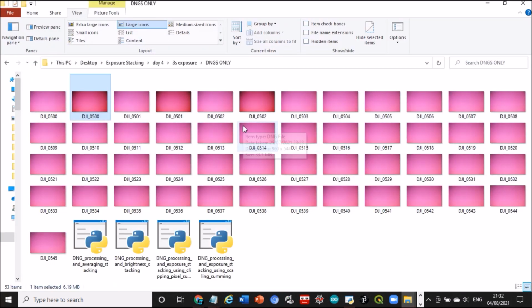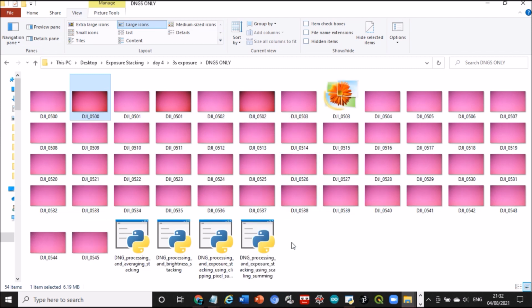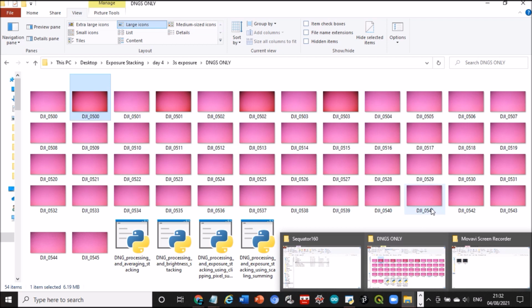It has to process all of these images, 46 images, I believe, and we will then be able to see the code run at the end. It will then stack all of the JPEG images by reading them in the directory, and output the exposure stacked image using the scaling summing in this case. And when this is finished, we can also use each of these individual output JPEGs